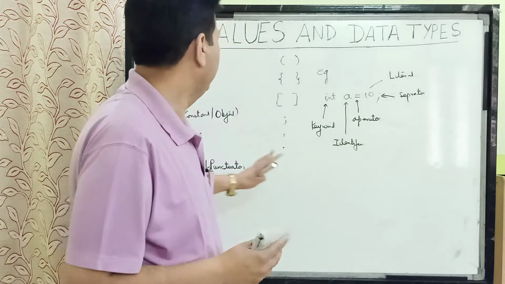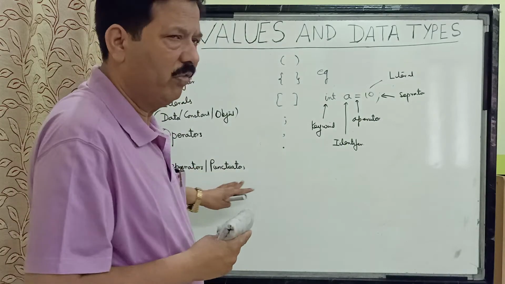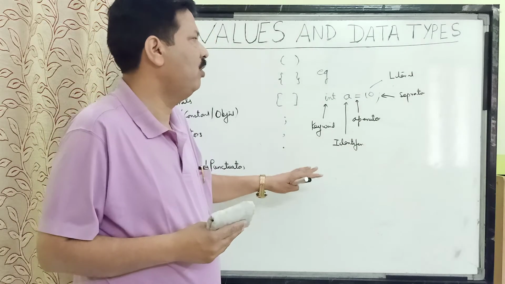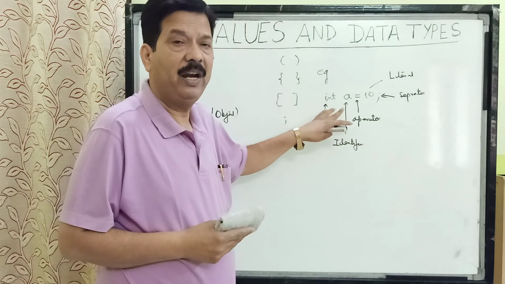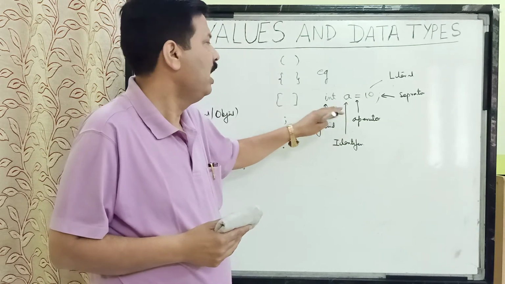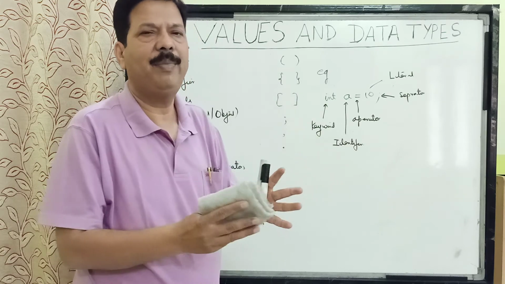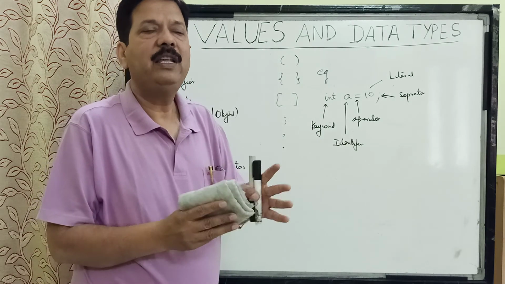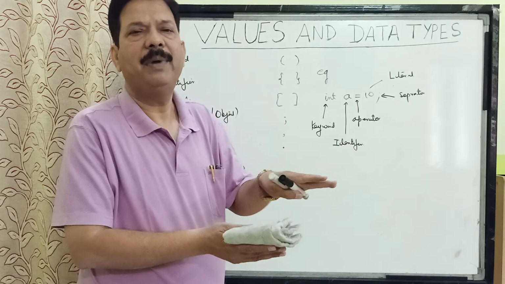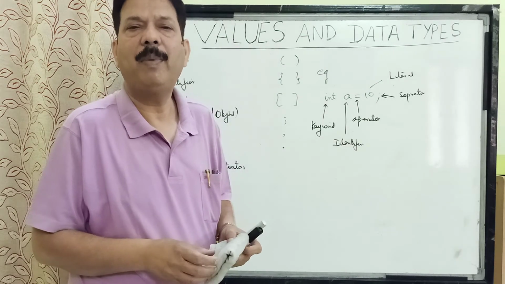So children, this is all regarding the tokens of Java. We have also discussed the statement. A statement is one complete unit of execution, and when many statements come together in some order, they make up a Java program. And these Java programs are written inside methods. So methods are the executable part of the program.